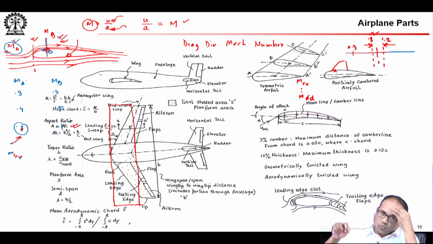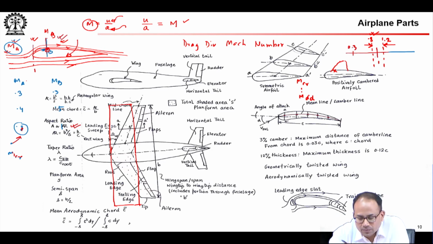Now, you pull your throttle even more, and at Mach critical you reach just sonic condition on one point on the wing. Now, as you have increased from Mach critical to some other Mach number, but still less than 1, you have created a pocket of supersonic flow and a feeble shock wave.